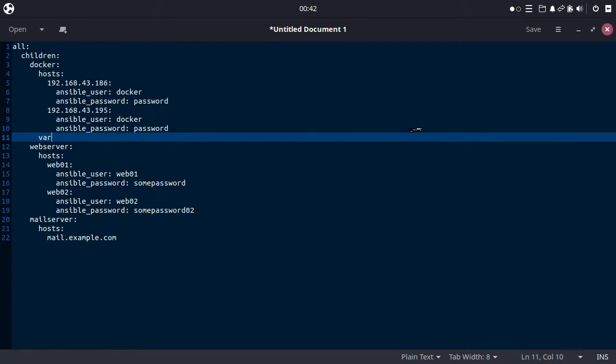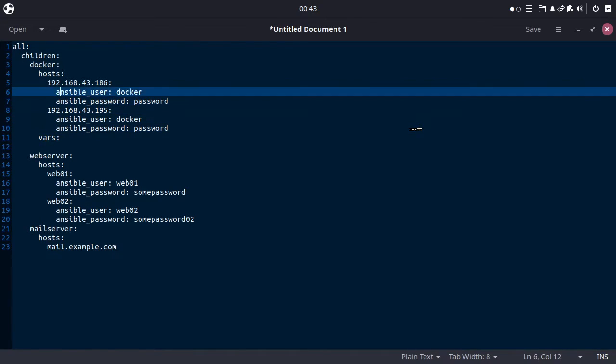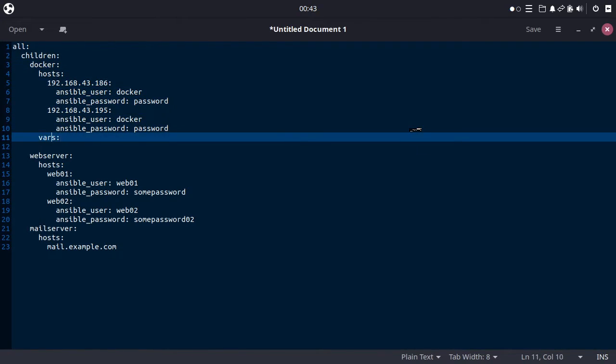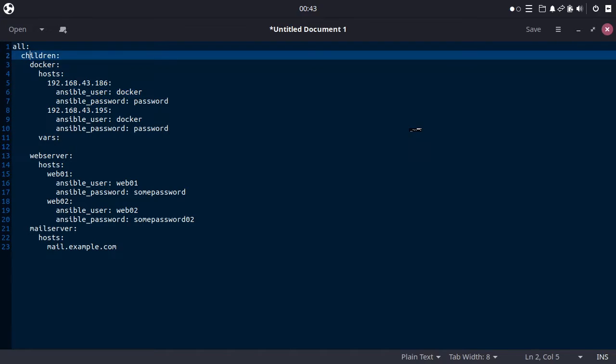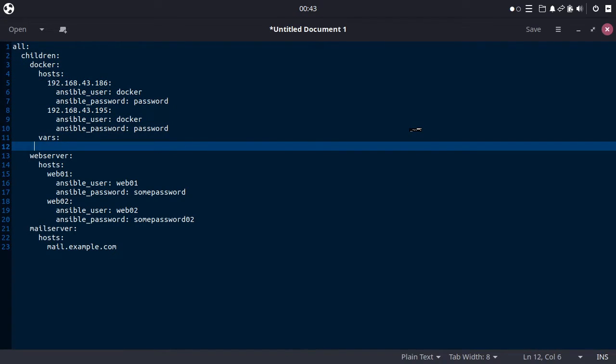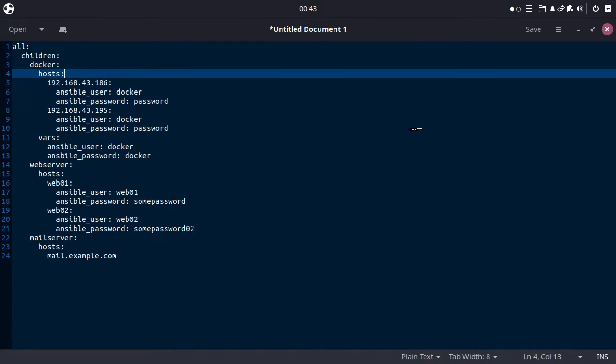We call it vars. So this vars is basically a variable that will be used on the Docker group, because this is inside the Docker group. See, this is inside the Docker group. So we can create similarly ansible_user Docker and then ansible_password Docker.